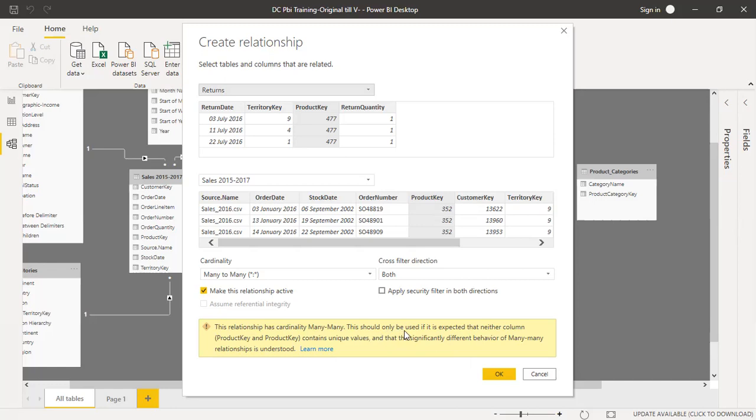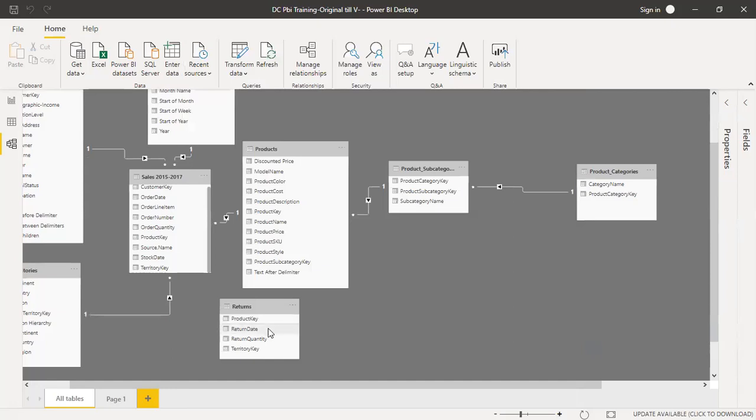Okay, this should only be used if it is expected that neither column contains unique values, which is not true in our case, and that the significantly different behavior of many to many relationships is understood. So be extremely careful; you should never have this kind of issue. If you have this kind of issue, you're done. Your report might look correct, but it will have weird data, which will of course not be right if you summarize. So do not connect that.